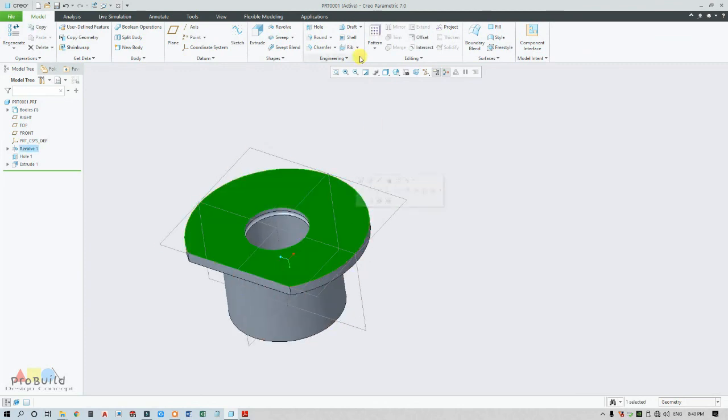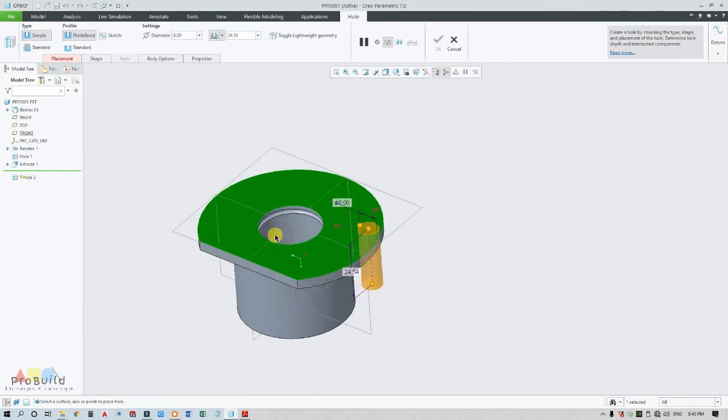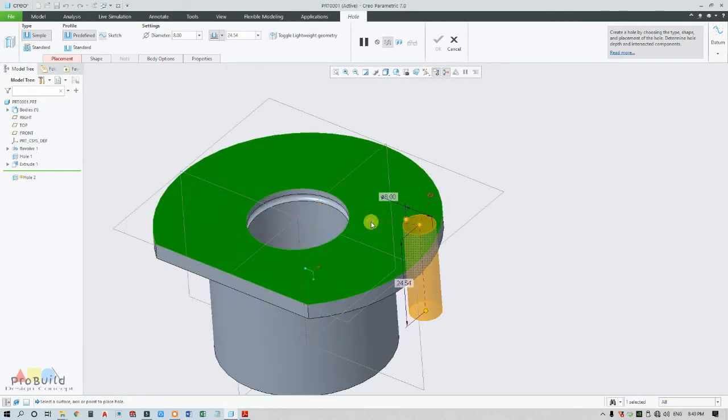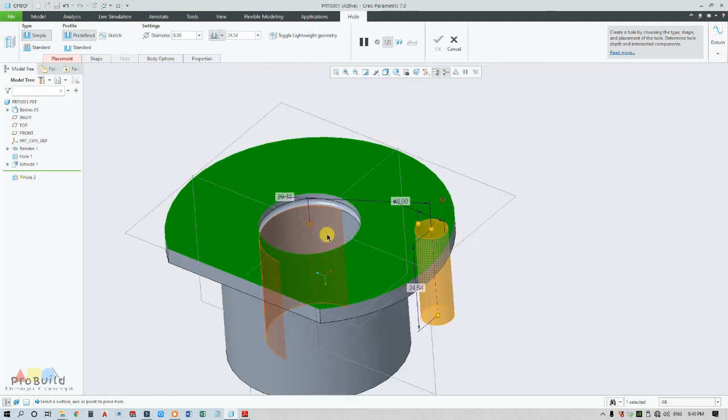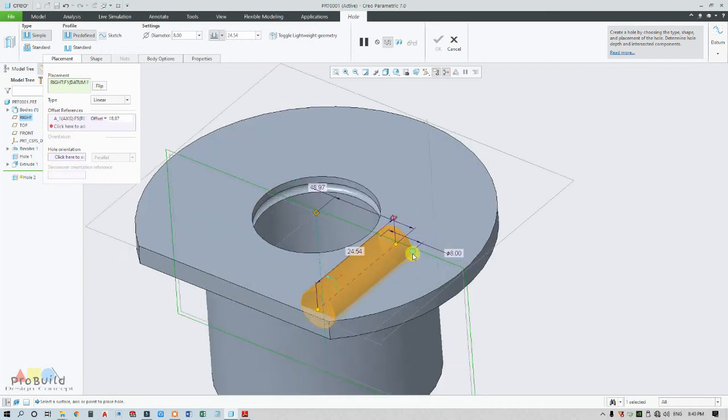So select the surface, go for a hole. First I need to draw a pitch circle diameter, instead of which I'm going to connect this clip to my axis so that it becomes radial, and make another clip aligned to any one of the planes so that it becomes 0.